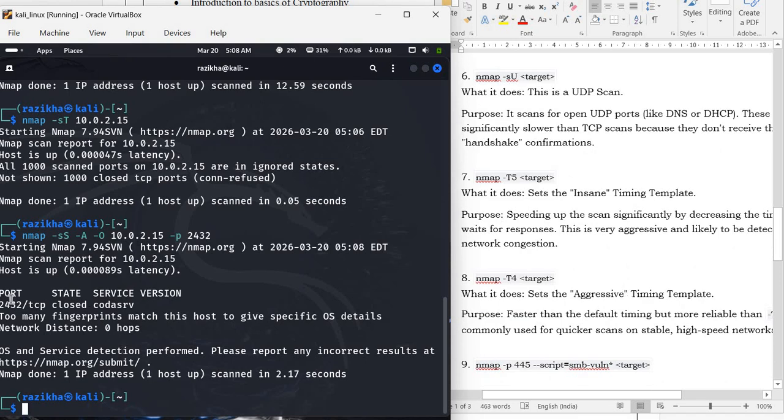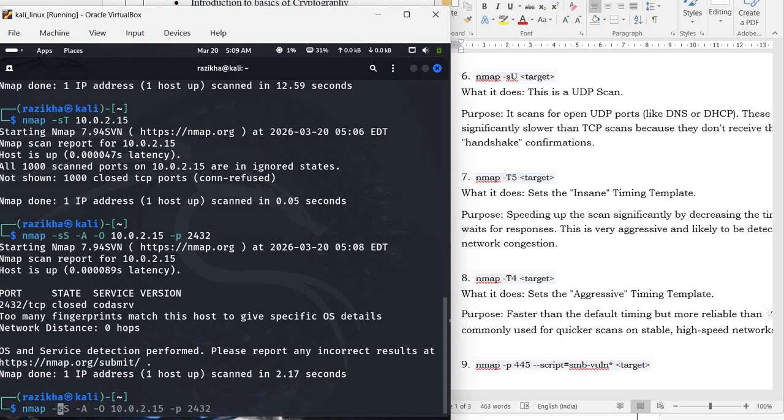This will give us the port scan for the host that is up, the OS and the service detection reports. So this particular scan will look for the OS detection and the stealth detection. My next command, nmap